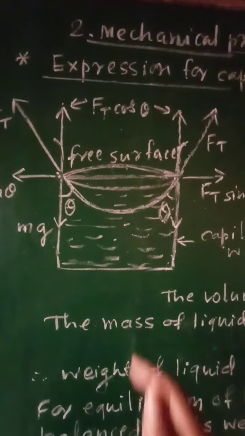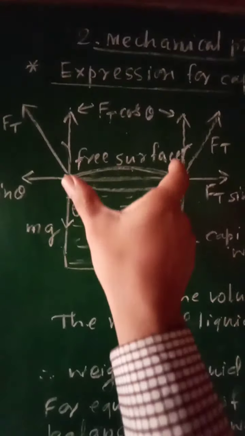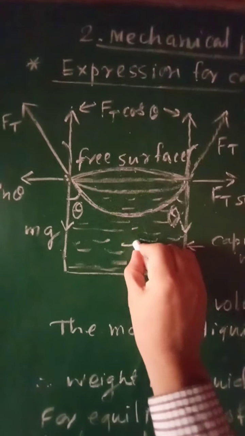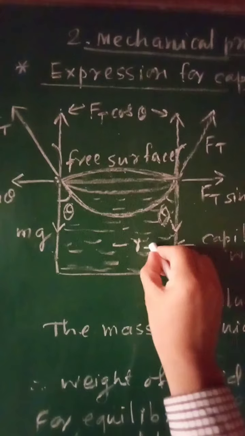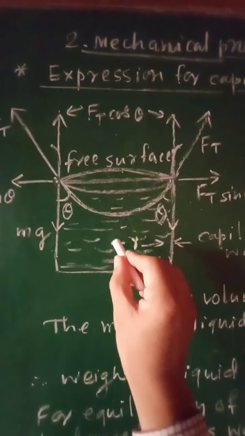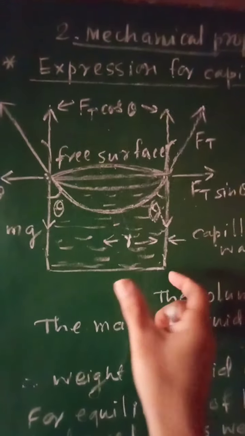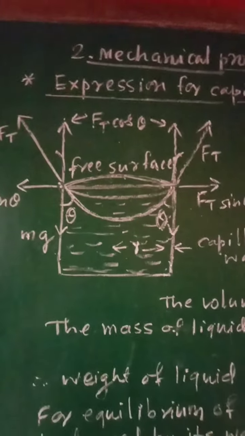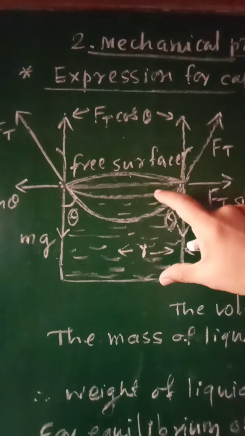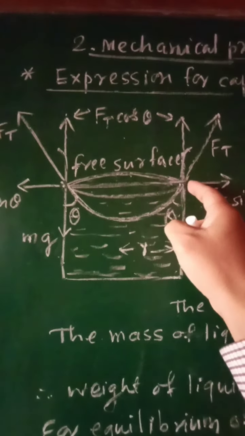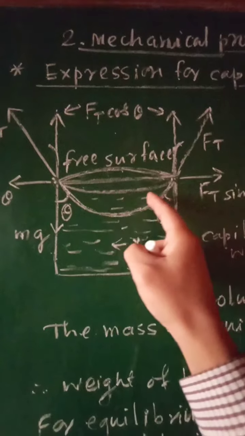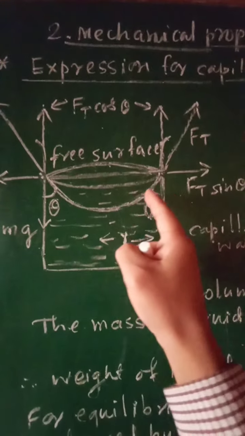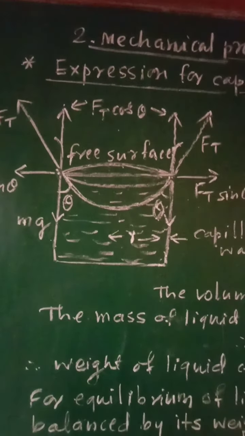And therefore, let us consider a capillary. So, this is the capillary. Suppose its radius is equal to r. So, r is the radius of this capillary. Then this will be the liquid column formed, so that it will represent the free surface of the liquid, that is top surface of that liquid column inside the capillary.